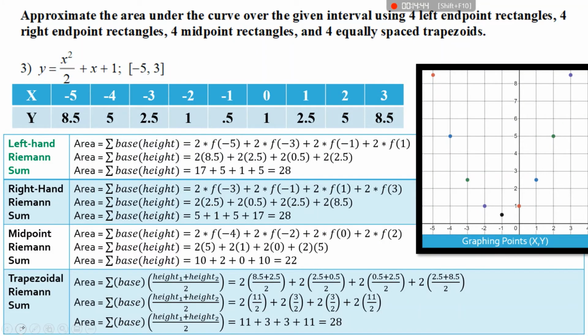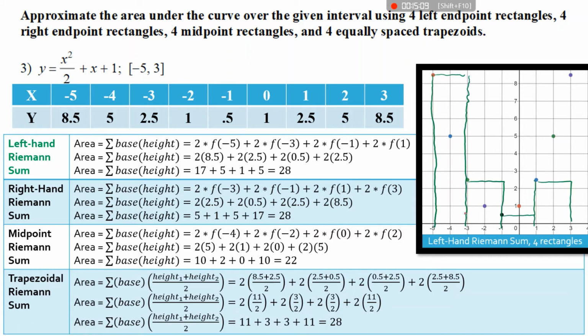So here's one more, last one for today. I've got our function, x squared over 2 plus x plus 1, from -5 to 3. And I want to break this up into 4 equally spaced trapezoids, 4 midpoint rectangles, 4 right-endpoint rectangles, and 4 left-endpoint rectangles. So to do my left-endpoint rectangles first,